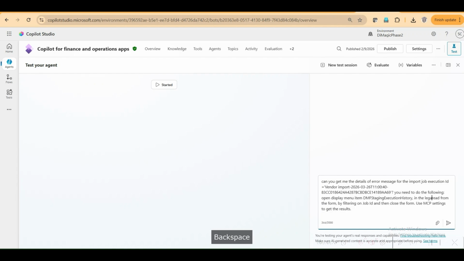legal entity USMF. Read from the form by filtering the job ID and then close the form. Use MCP settings to get the results. So basically, I am calling the MCP of Copilot for Finance and Operations agent, and I am directly hitting enter